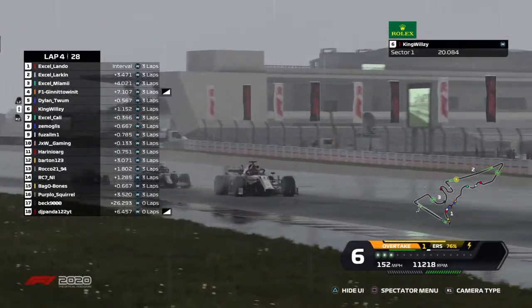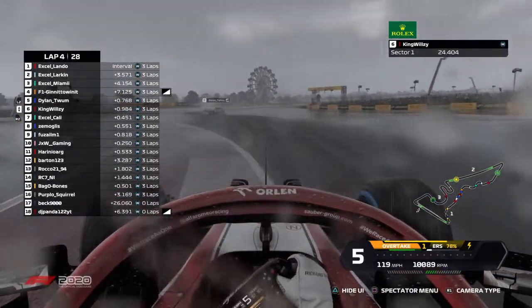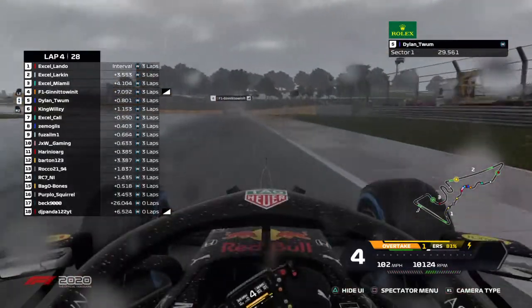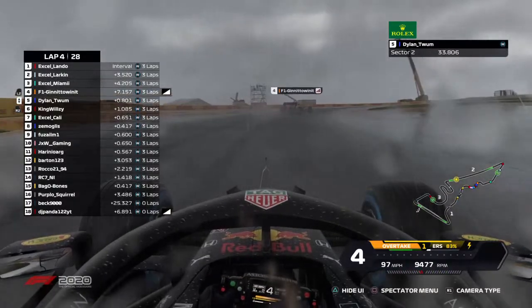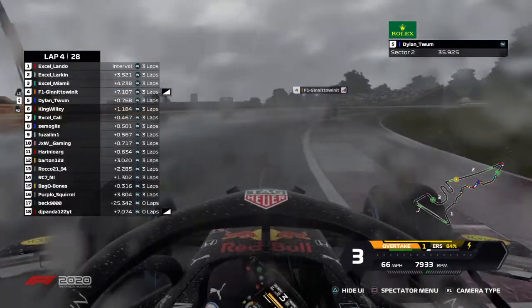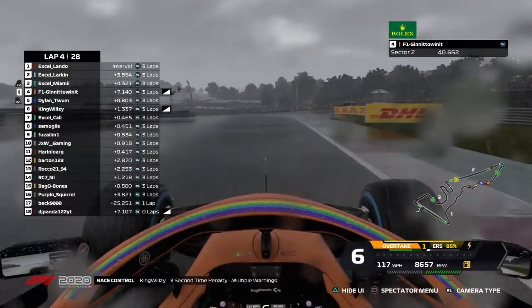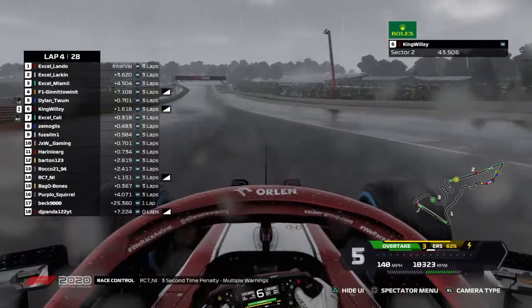But look at King Wilsey right now. He is most definitely struggling. I think he might just have a dry setup on, because he's really struggling in these wet conditions. Actually, he's starting to just keep pace ever so slightly with the 2 drivers in front of him, Jinnit and Dylan, but now Jinnit actually starting to just ever so slightly, he's trying to stick with Excel Miami